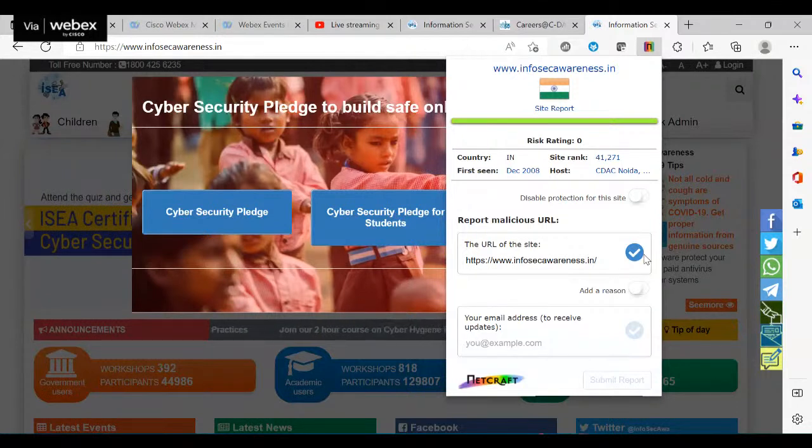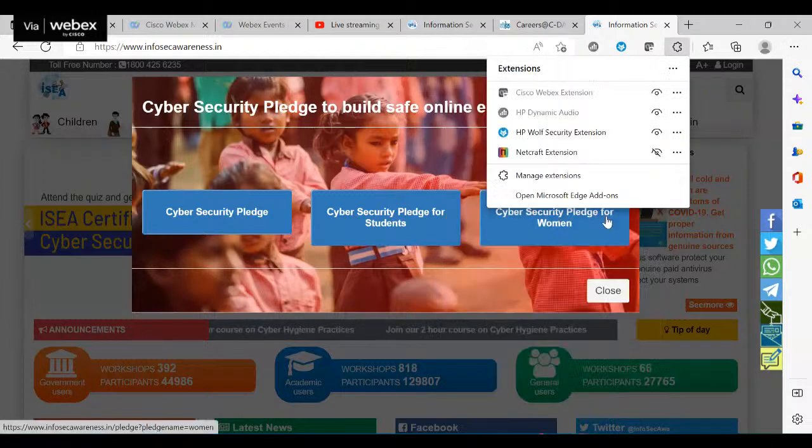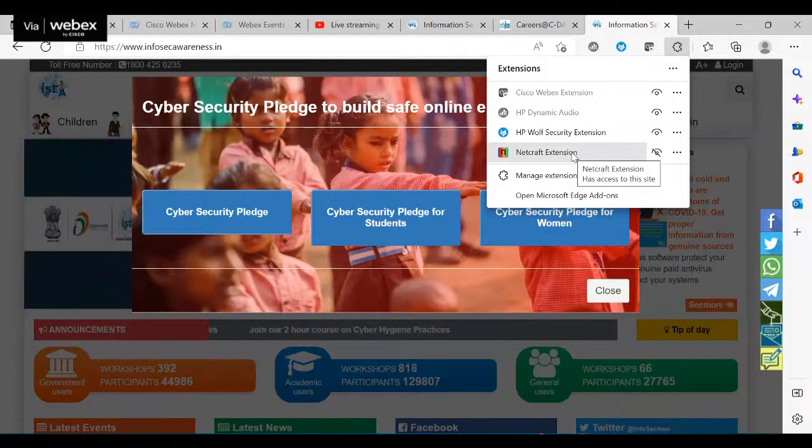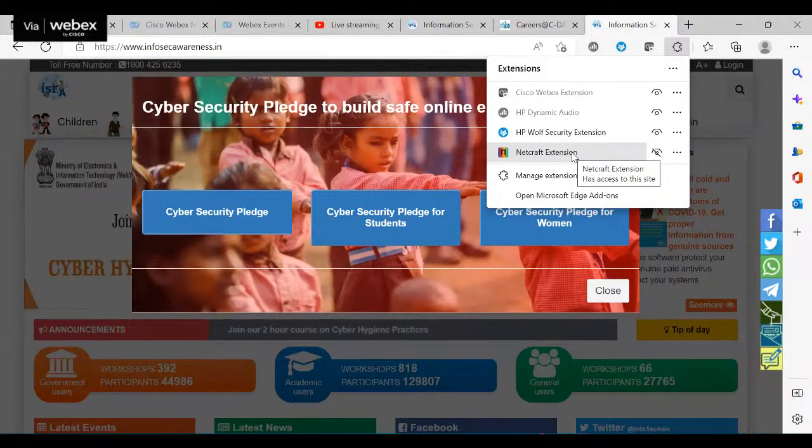So these kinds of extensions will help you to find out whether these things are right or not. And like that there are so many other extensions also. The only suggestion I have for all of you is, if that extension is suggested by your browser, only then you should do it.